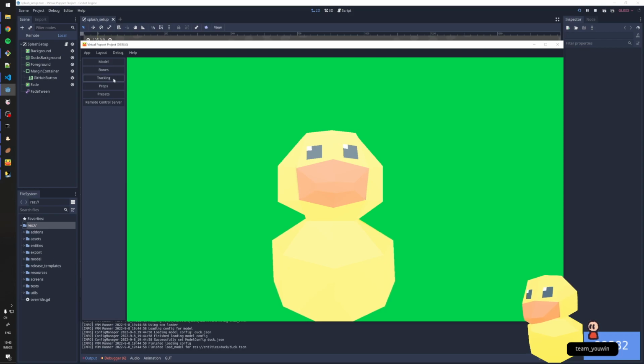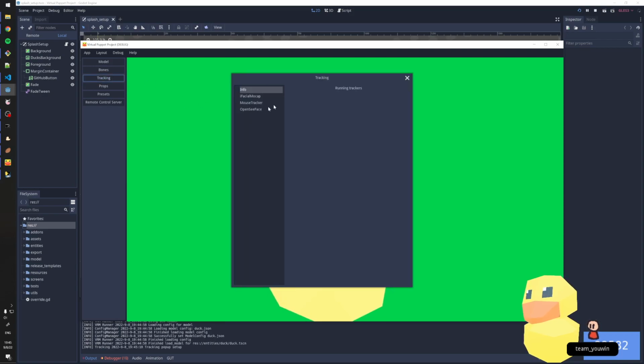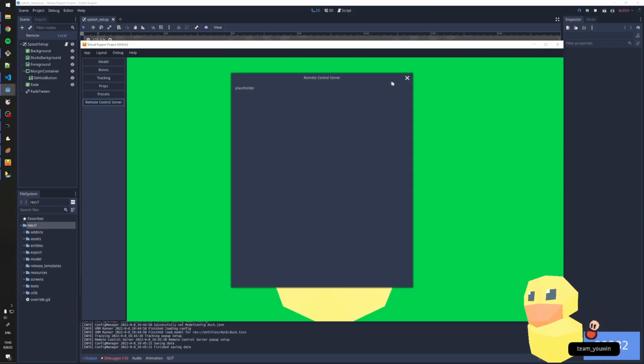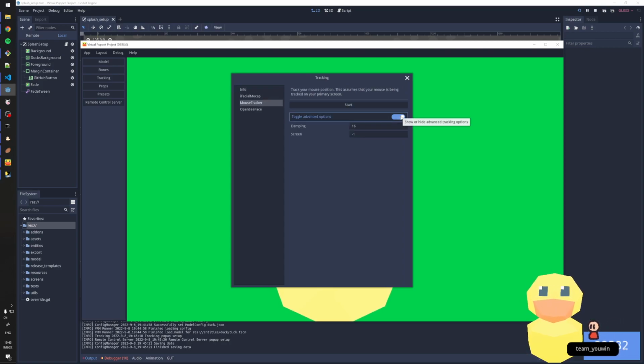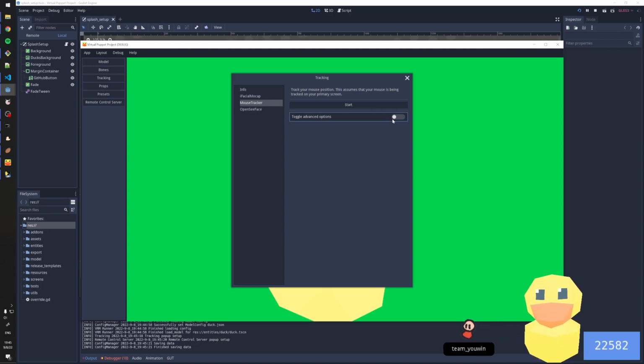But we can go into here. Actually, is remote control? Yeah, okay, remote control server isn't implemented, but look at that. So we have mouse tracker, which tracks your mouse position and assumes that your mouse is being tracked on your primary screen,